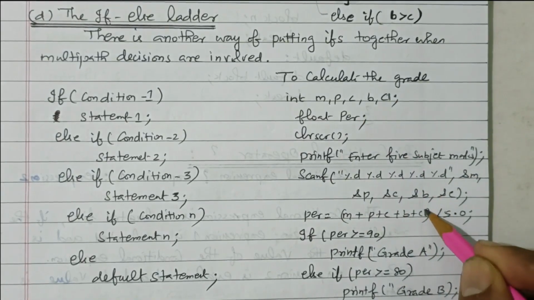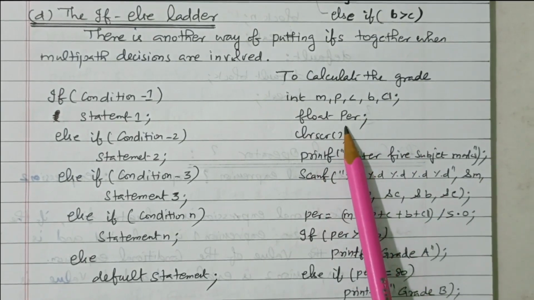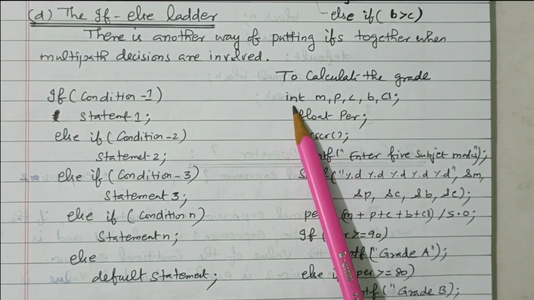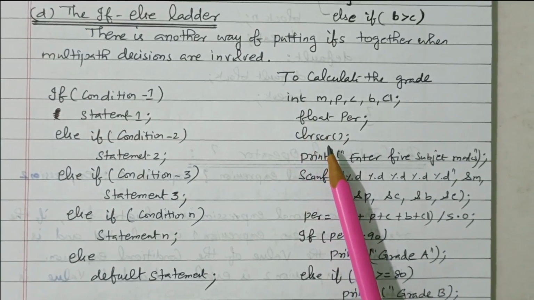C1 means computer science. Then, calculating percentage may contain a decimal point, so it is declared as a float. These marks are declared as integers, right? So after the clear screen,